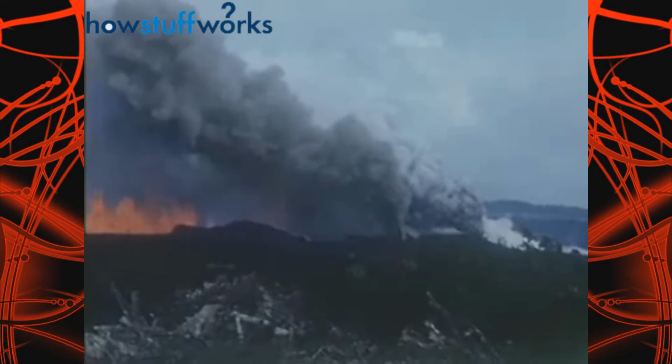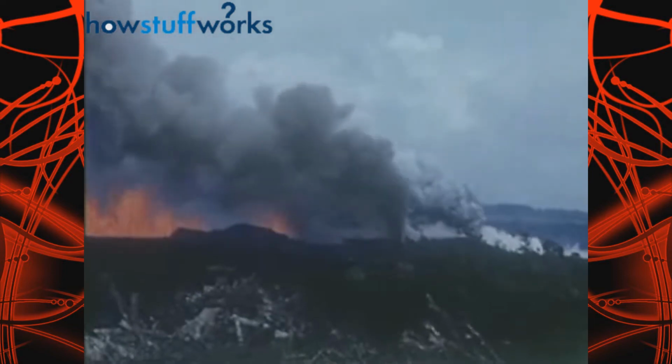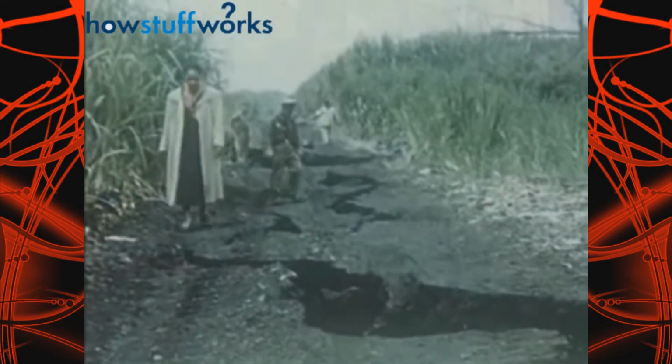An earthquake is a vibration that travels through the Earth's crust, and there's lots of different things that could cause that vibration. A volcanic eruption or a large meteor impact could do it, or any sort of big underground explosion. But by far the most common cause of earthquakes is the Earth's tectonic plates. These plates are in constant motion, and when they bump or grind into one another, it can cause vibrations. There are more than 3 million earthquakes caused on our planet every year by these moving plates.